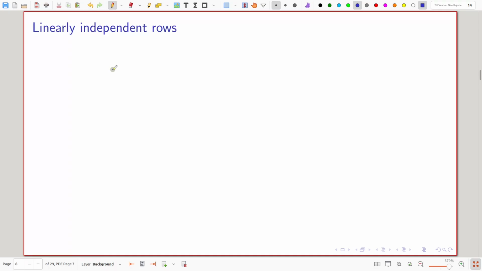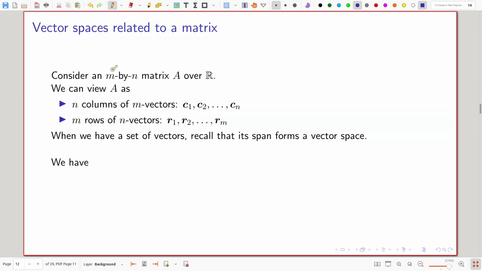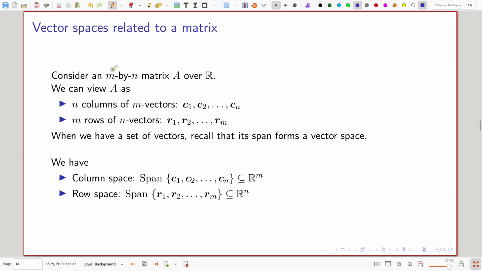Okay. So let's talk about row space and column space. So previously we talked about the number of linearly independent rows and number of linearly independent columns. Okay, they are related to these two spaces. So if we take the columns and we take the span of them, we have column space. When we take all the rows and take the span of the rows, we have row space. Okay,